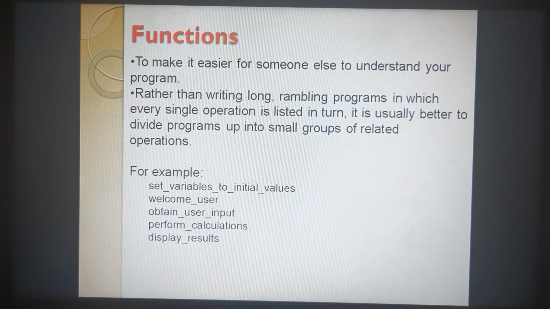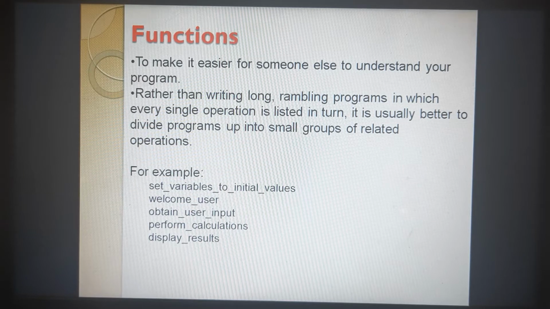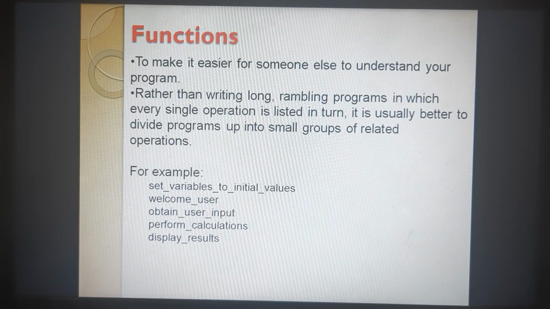Functions also make it easier for someone else to understand your program. Rather than writing a long rambling program where every single operation is listed in turn, it is usually better to divide the program into small groups of related operations. For example, a welcome user function: the welcome screen will appear whenever a user logs in.